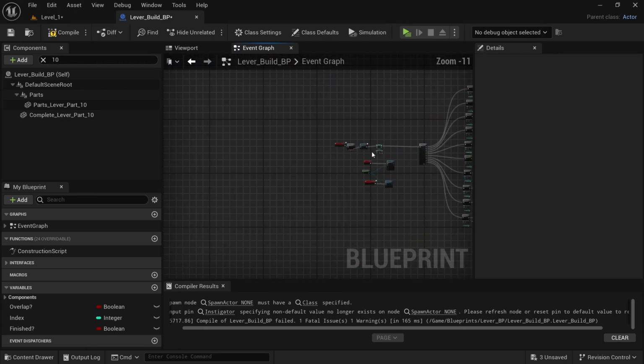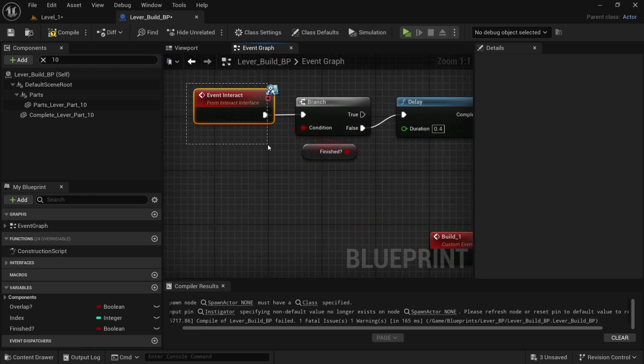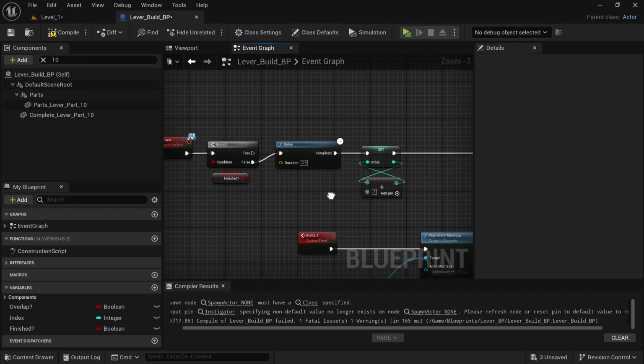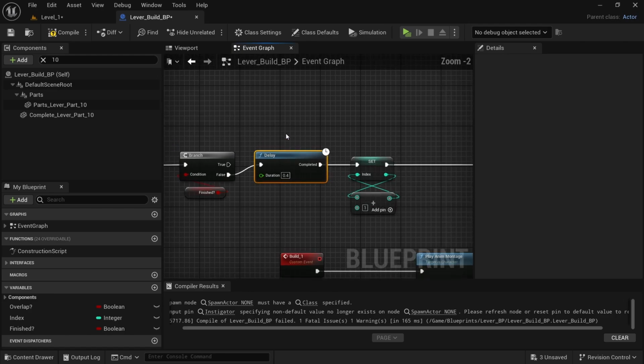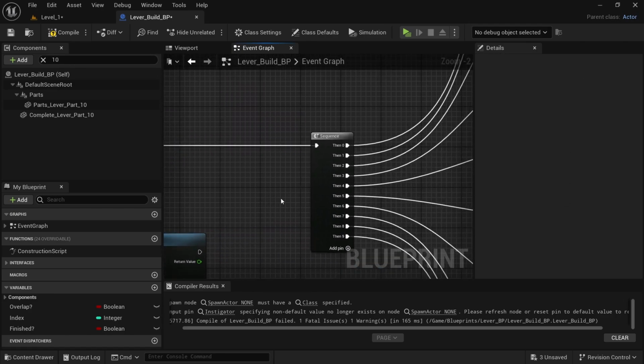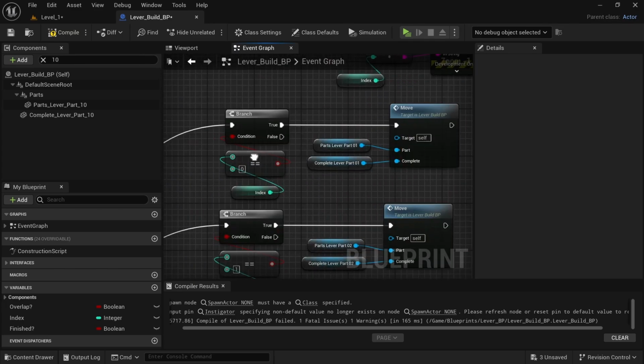And then over here on event interact, we want to see if it's finished, because I don't want to keep doing it if it's already finished, and we just put a delay in there, otherwise it runs into issues. And then we add the index, and then we do all of the different pieces, and just on this one,